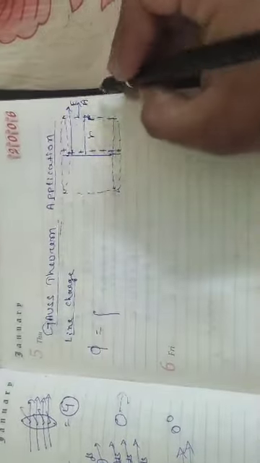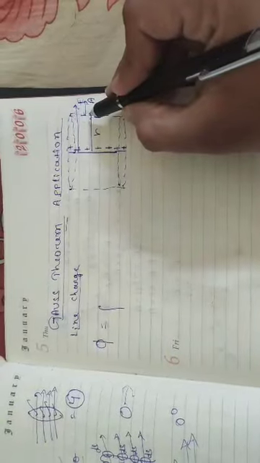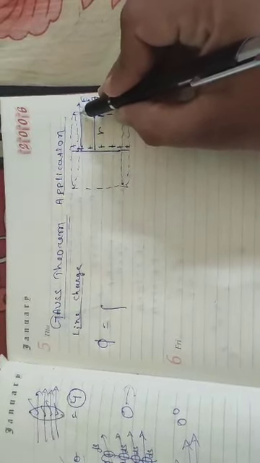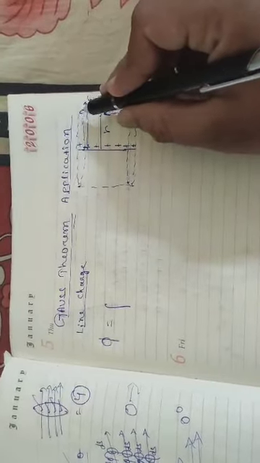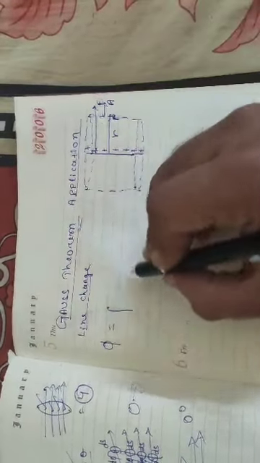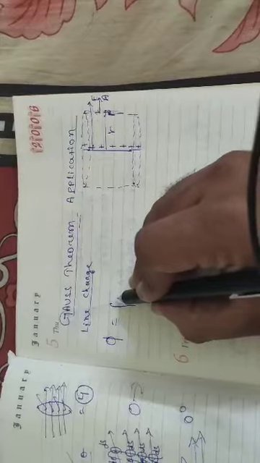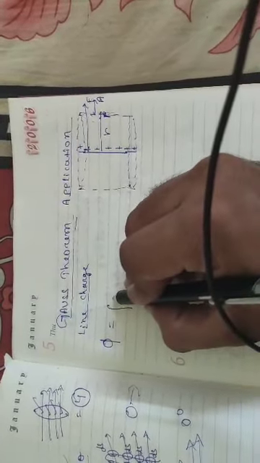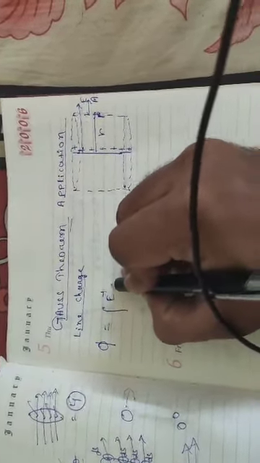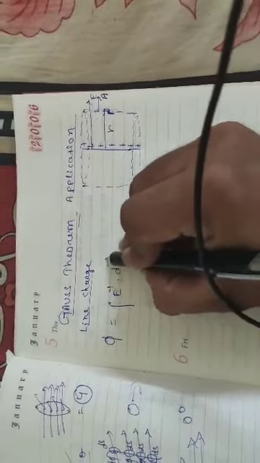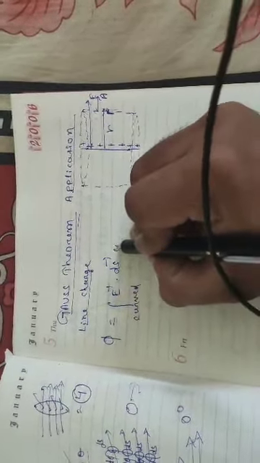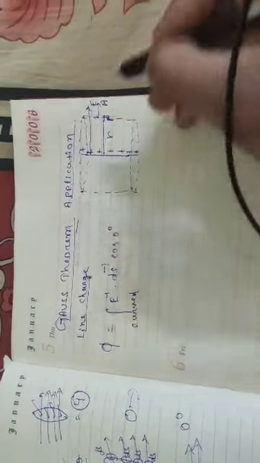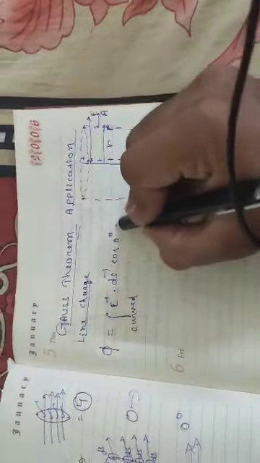So if we calculate the total flux, first we will integrate. It is not only a small section; this is a broad section, but we will take small sections, so you will have to integrate. So integration of E vector dot dS vector over the curved surface, and this is cos how many degrees? 0 degree, plus